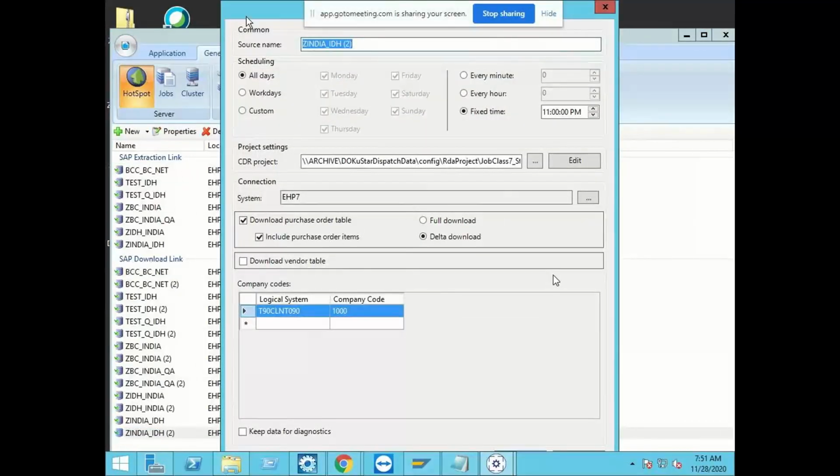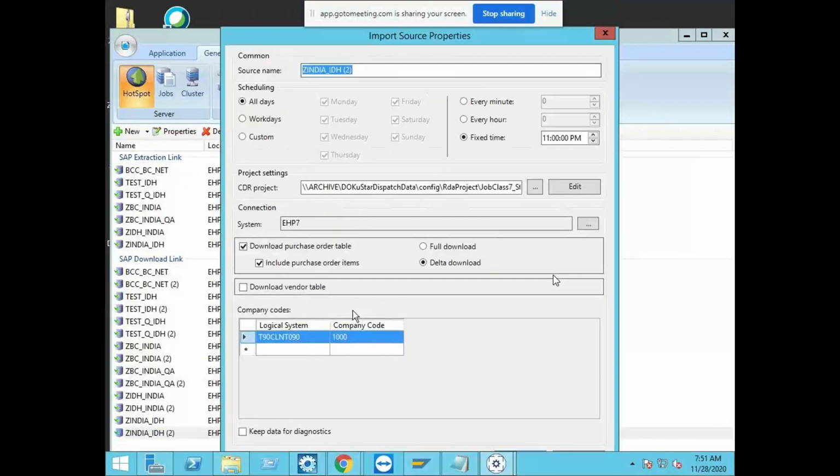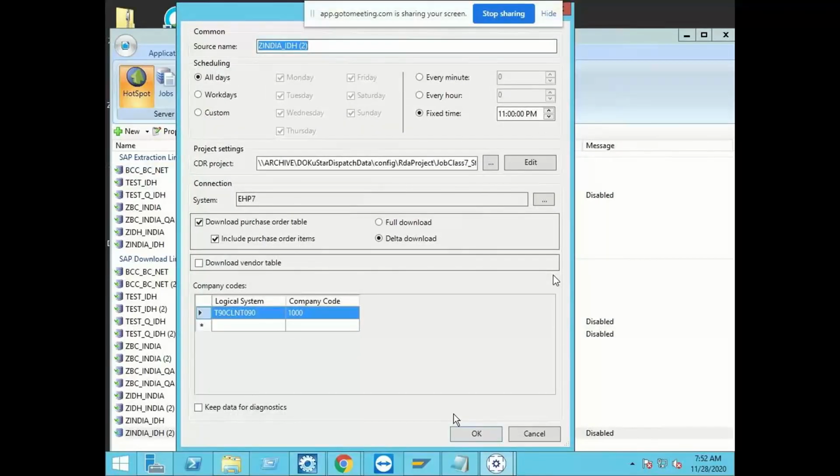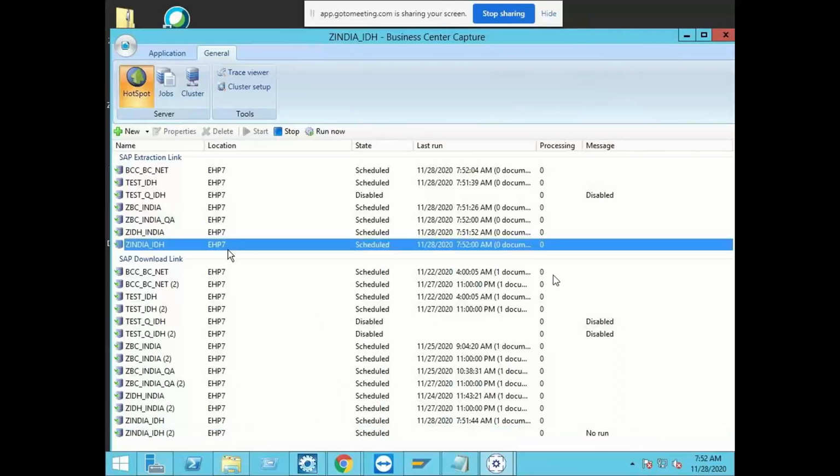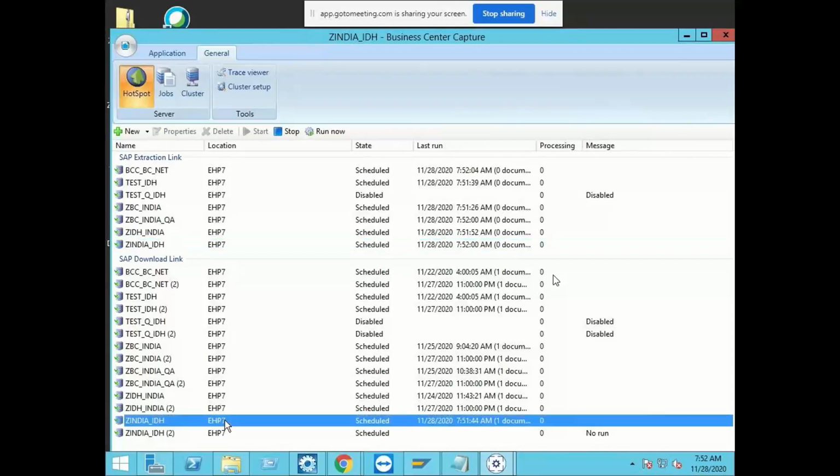Delta download is nothing but the daily records which are created. So it will download as a delta download. Only purchasing data we are downloading as delta, because suppliers will not be created daily, right? We don't know when a supplier will be created, but purchase orders will be created daily. That is the reason we are going with this one. So let's start. We have three hotspot jobs on the BCC side. One is for scanned documents reading, and the other two are for transactional data, delta download and